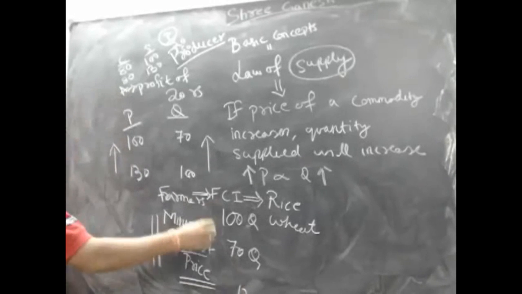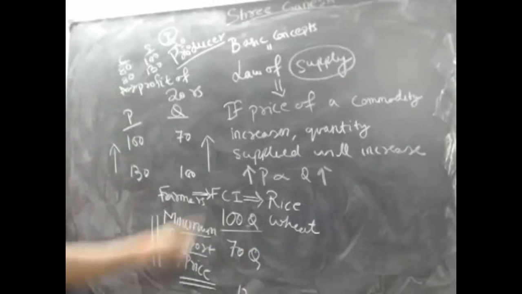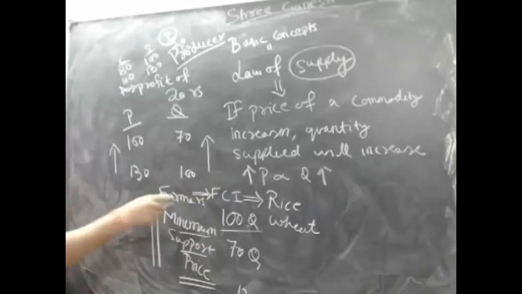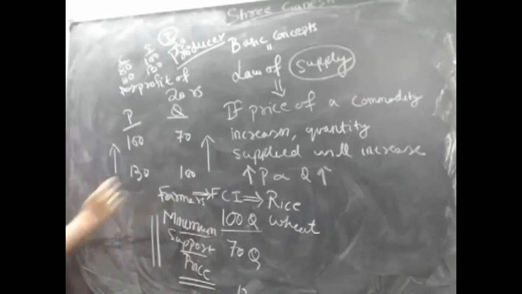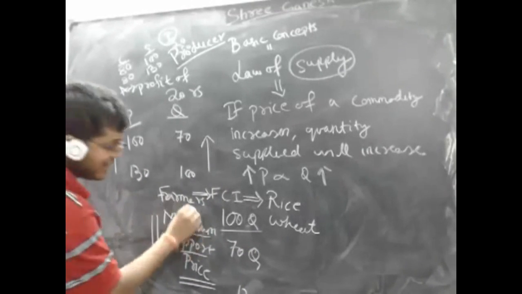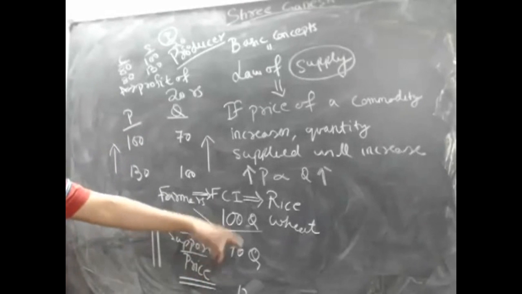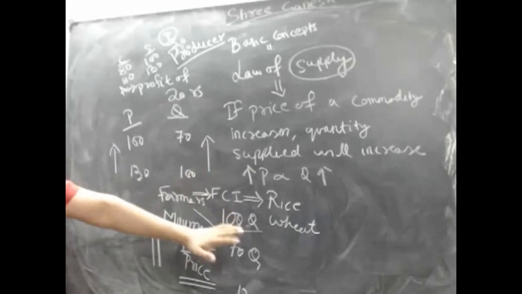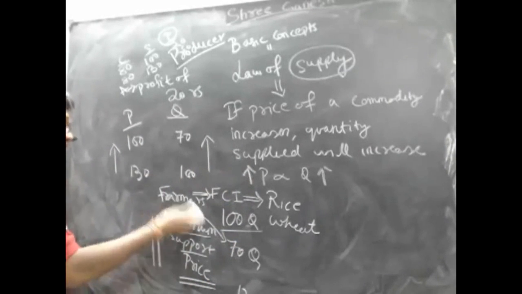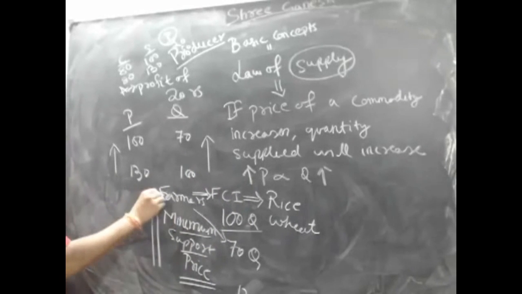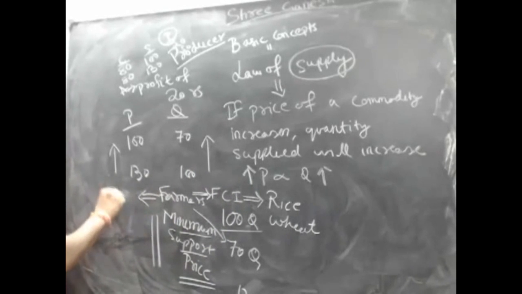So now government needs to distribute 100 quintal of rice and wheat in the economy. From where will this wheat and rice come? It will come from farmers. But farmers are not willing to produce more than 70 quintal because they are not seeing any profit in it. They see that if they increase it from 70, they will not make any profit. So they will not increase. Now what will government do? Government will tell farmers, okay, I will do one thing, I will increase